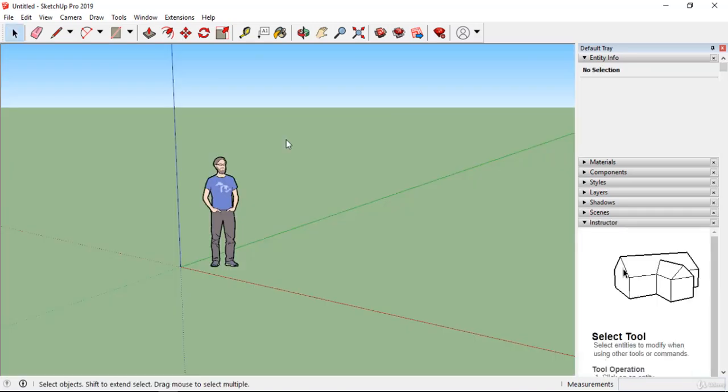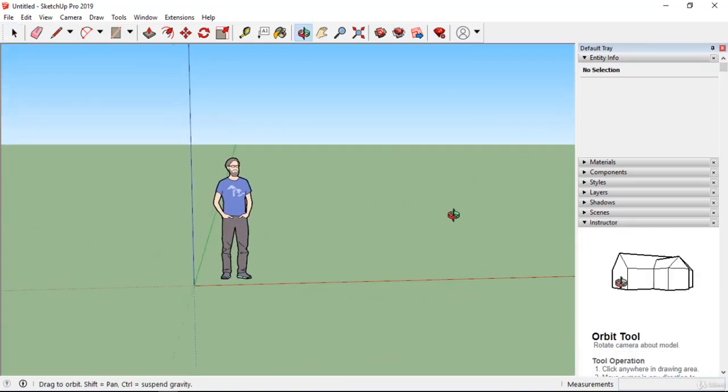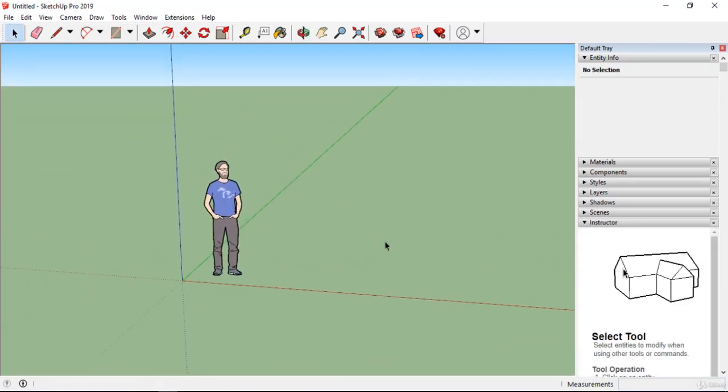window will pop up. In this window we can see there is a viewport in the center, and there are some options and toolbars around it. On the top there is a very basic window tool, and below that there are SketchUp toolbars we'll be discussing later. And on the right hand side we can see a default tray system which will be helping us when we